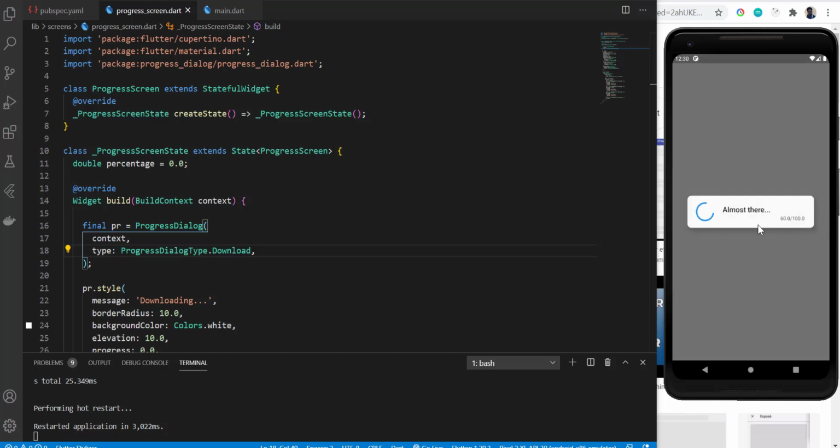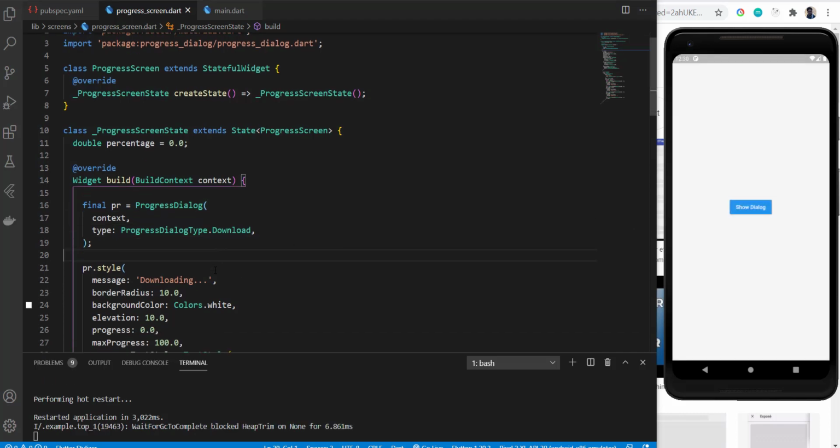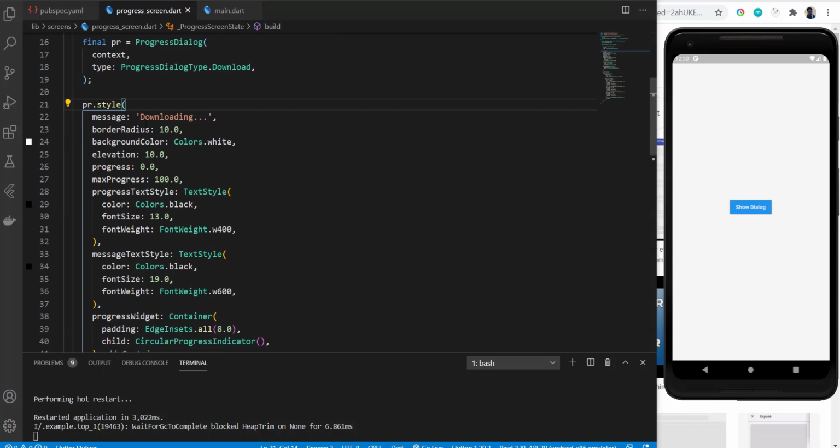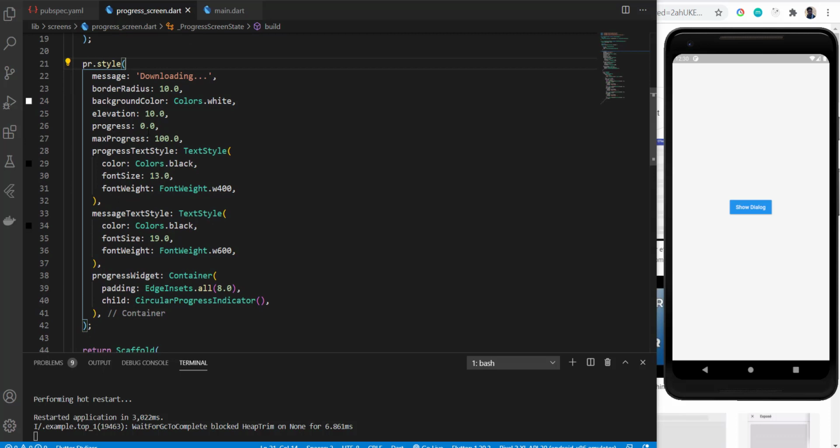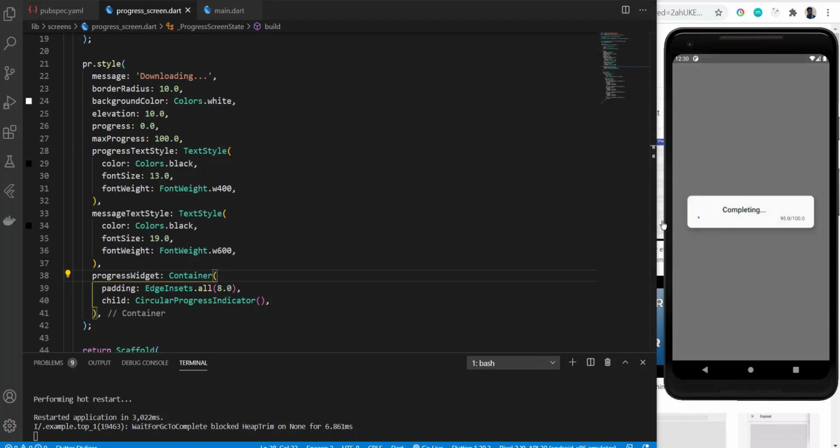That's the use of download. If it's normal, it won't show that. That's why I'm using download here. And now I'm styling my dialog box. I'm passing in the initial message, the border radius, background color, elevation, the initial progress, and the maximum progress, along with the progress text style, the message text style, and this progress widget which you see here, this circular container which is rotating. So it's easy to